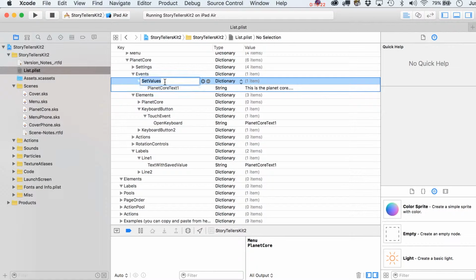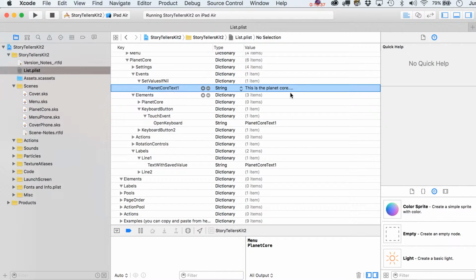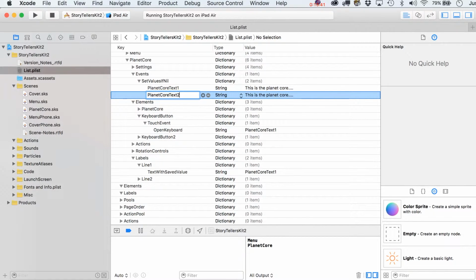And actually there's a little variation on this. This would kind of override what we just did. What we really want to do is set values if nil. So that means that if there wasn't previously a value set for our planet core text 1, we're going to use this. Okay, and then so the same thing for, let's say,